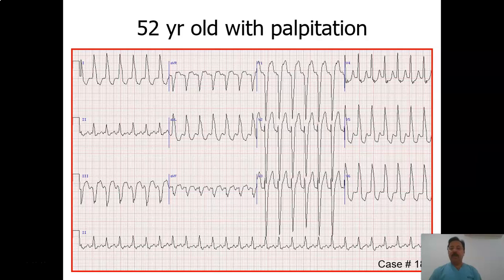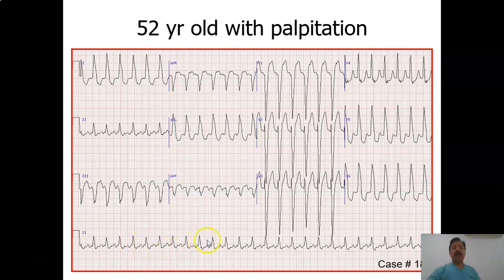Okay, this is case number 18, and a patient is 52 years old with palpitation. So let's apply our 7-step approach on this ECG. The rate looks fast. We'll come to the rhythm strip. So approximately 150 rate. The rhythm, if you look, there are few notches here, 1 and 2 notches, but it's